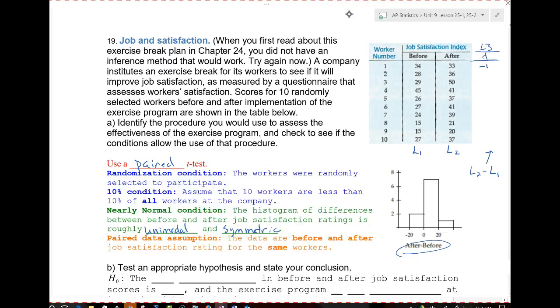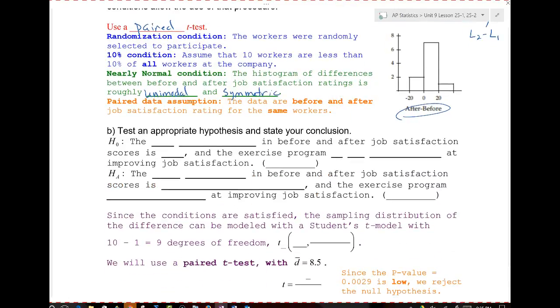Now, let's test the hypothesis and conclusion, which we're going to go back on the calculator for in just a moment. First of all, what is going to be our hypothesis here? We know the mean difference we think is not going to change. So we say the mean difference in before and after job satisfaction scores is 0, and the exercise program is not effective. Oh, actually, I'm not writing this so it makes sense here. Sorry, is not effective